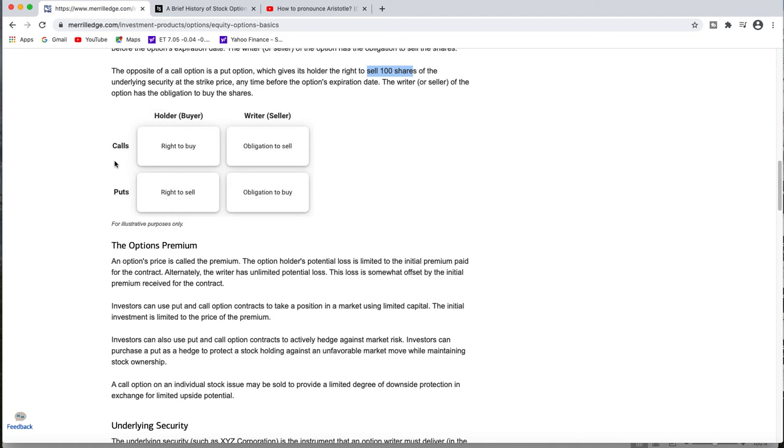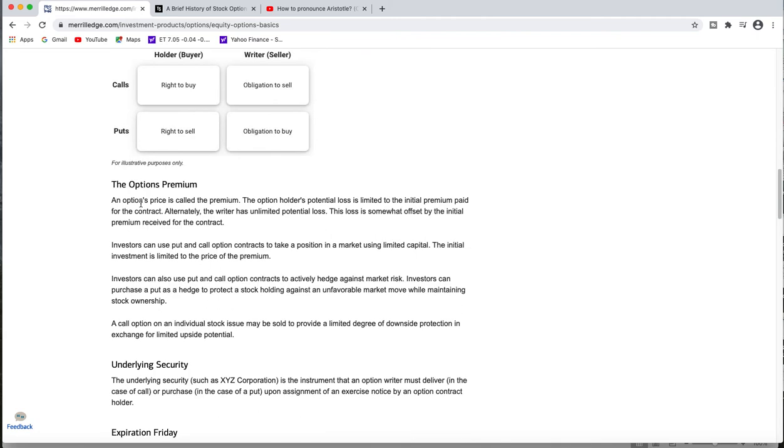People that buy calls have the right to buy. People that sell calls have the obligation to sell, but we pick up a premium. It's called an option premium. It's all about the premium, just like here when we sell a put option. We have the obligation to buy. The seller has the obligation to buy. What are option premiums? An option price is called the premium. Don't confuse it with a strike price. It's the premium. It's what the option is going for on that strike price.